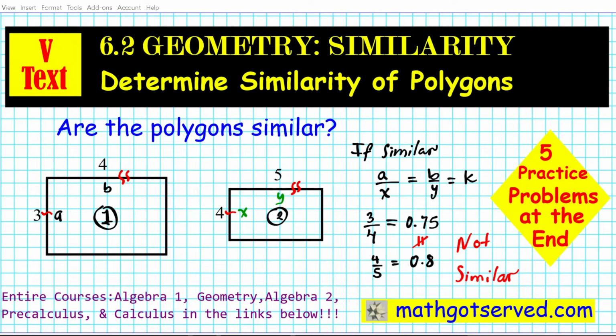In this clip, we're going to be going over section 6.2 of our virtual geometry text on similarity. We're going to be looking at how to determine if polygons are similar. We're going to be looking for the scale factor and also how to find a variable given two polygons that